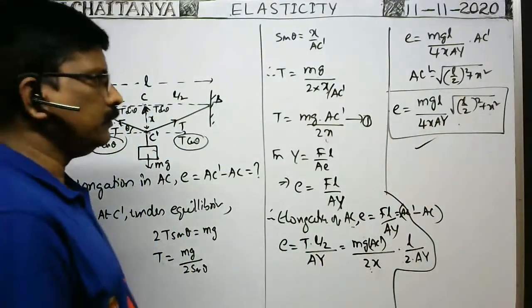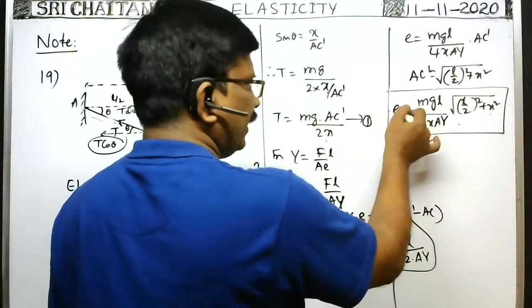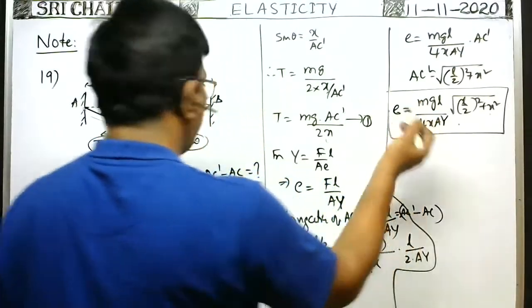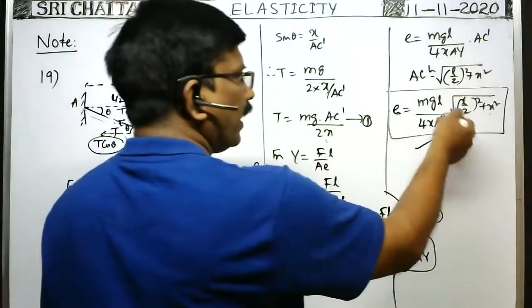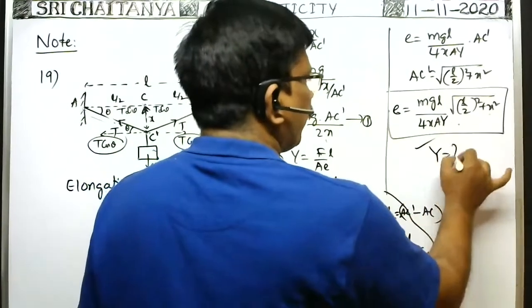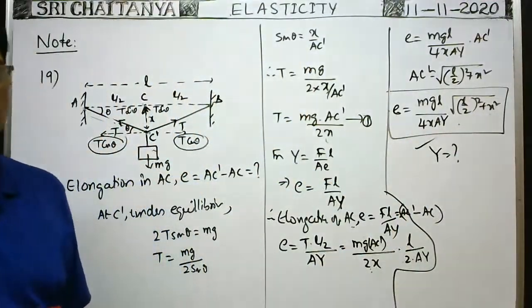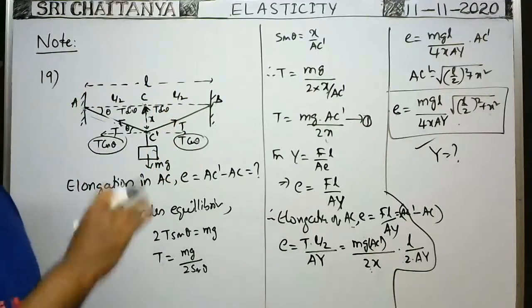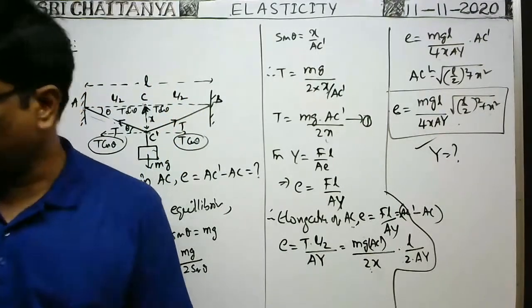Okay. E may be given. We are not finding E. E may be given. By this geometry, we can find why they may ask. From this, whatever y we can find. In such a way, they may ask. We have to write the equations like this. Okay. This is one example.